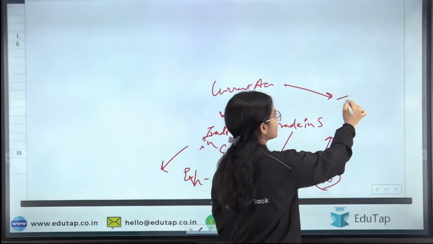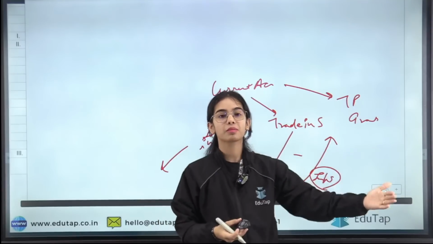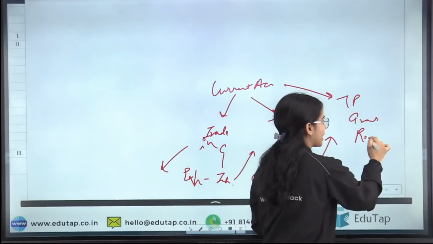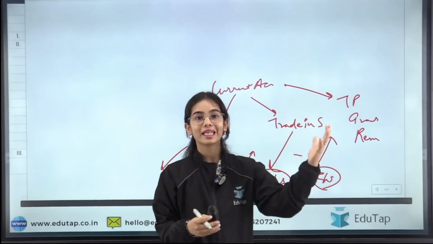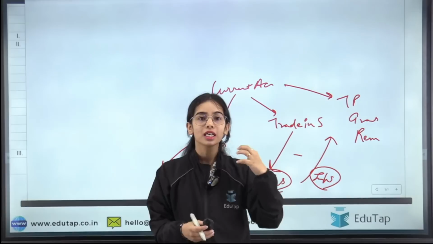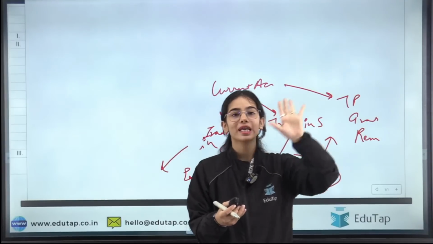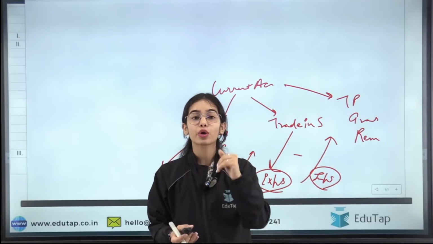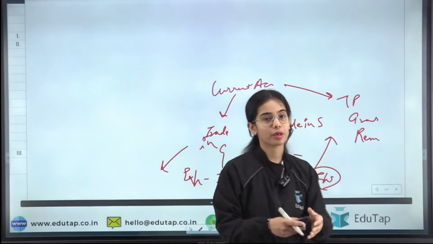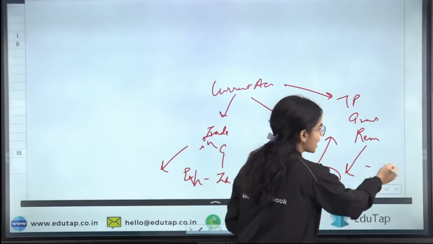Okay. Then there are the transfer payments, that is grants. We are giving grants to some other countries, and other countries are giving grants to our country, as well as there are the remittances. That means, let's say we are getting the remittances from Dubai, from Singapore, from these countries, the people in our country. Okay, from your relatives abroad, you are getting the remittances. Similarly, you are also giving the remittances to your children that are living abroad, to your siblings that are living abroad. So we are getting the foreign exchange and we are paying the foreign exchange.